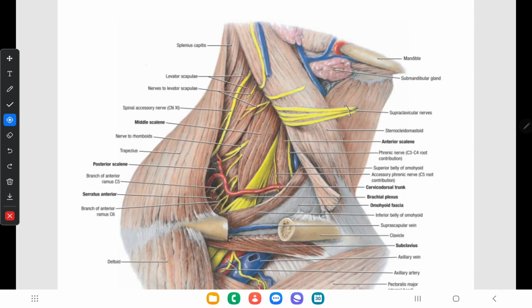Here is a further deeper section of the posterior triangle. You can see very clearly the brachial plexus. You can see the thick nerve plexus here, the brachial plexus, and here the cervicodorsal trunk, and here you have the spinal accessory nerve. You can see clearly. Then here the nerve to rhomboids, then the nerve to levator scapulae,